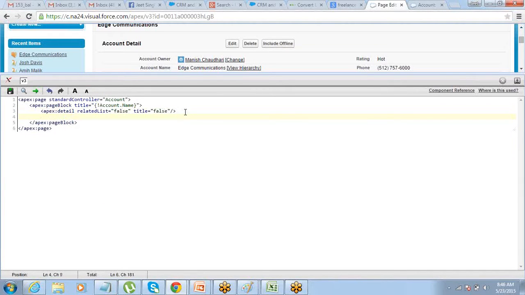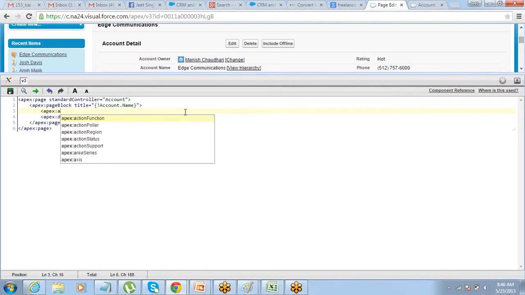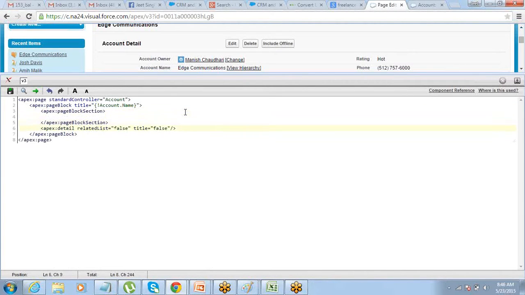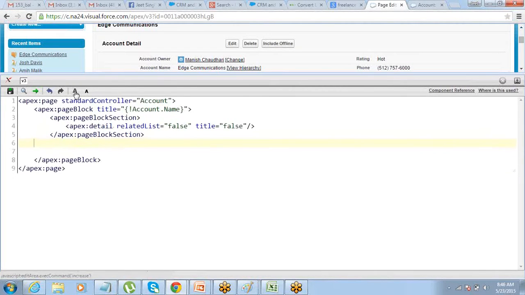Then you have an option of using another component. Let me use it this way. Apex page. Let me use a few page block sections here. Put this inside this section. So I've created a section.